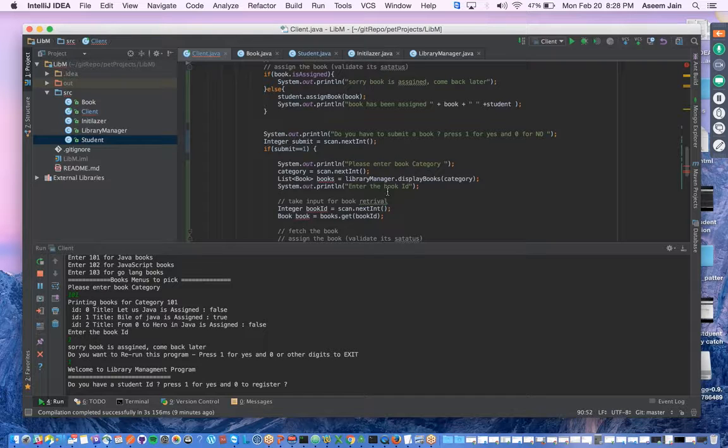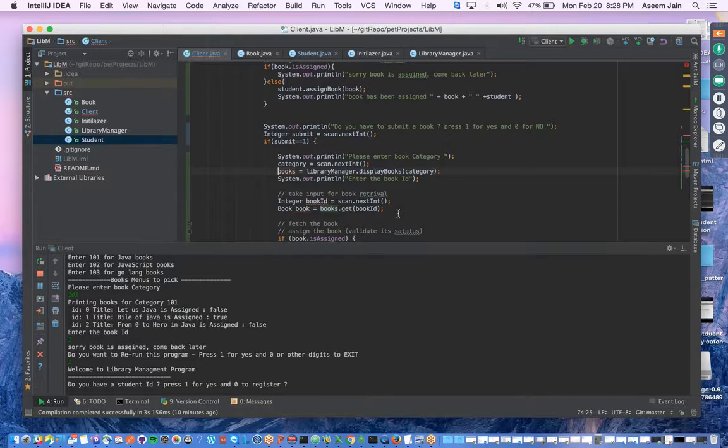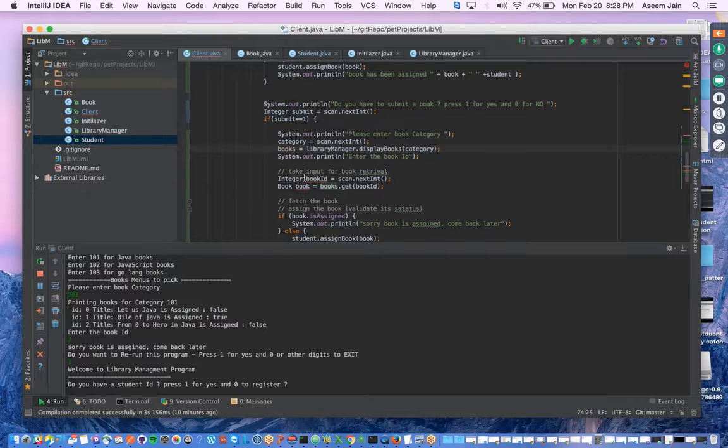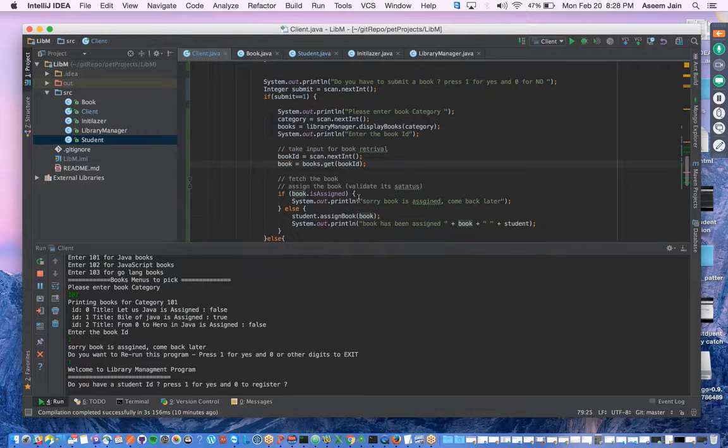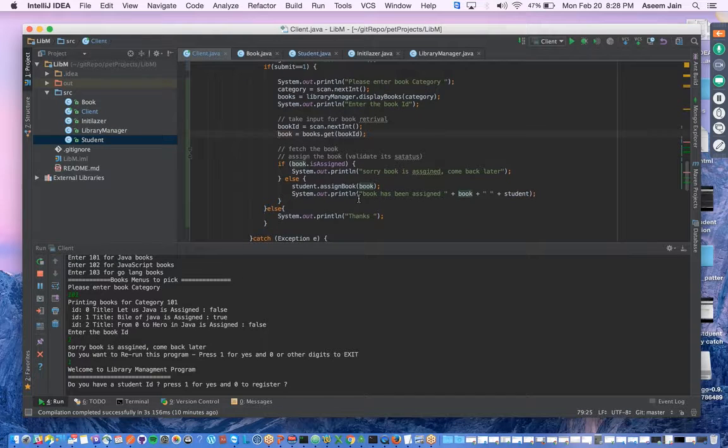So student has pressed the categories. Once he has pressed the categories, he has got the retrieval. Based on that, he has entered the book ID. Now again we have got the book ID. Once we got the book ID, we were able to retrieve the book. Once we were able to retrieve the book, we are able to fetch it, and then we have to do the unassigned activity here. So a book which is already unassigned,